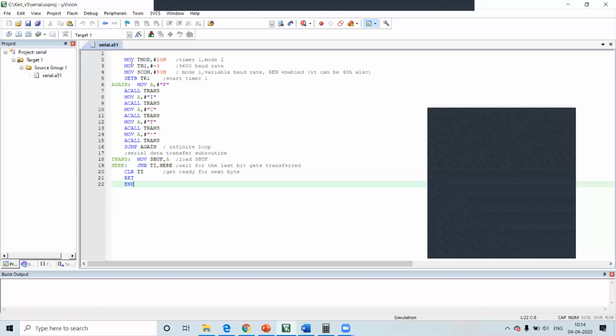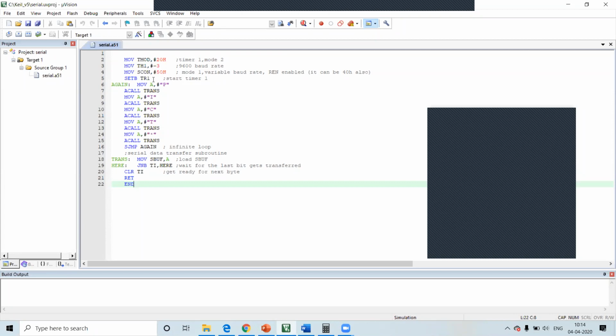So the program goes like this. In TMOD register, you store the value 20H. TH1 is -3. -3 is for 9600 baud rate. Then SCON register is #50H. It can be 40H also. There is no difference in that.